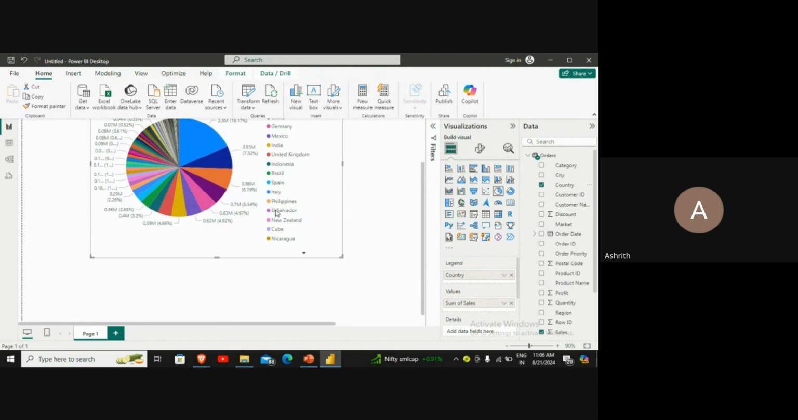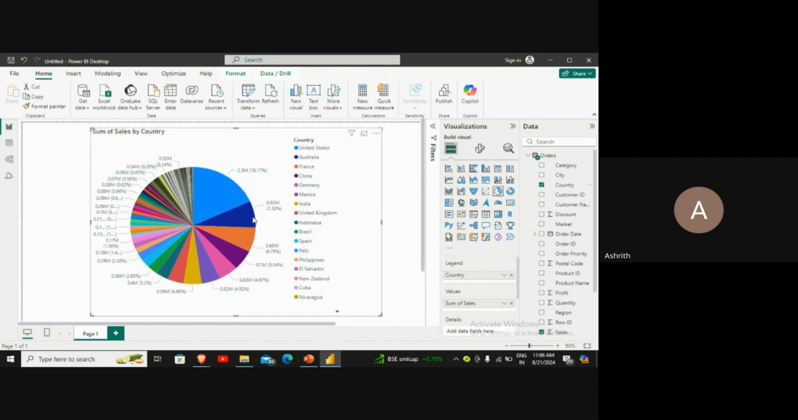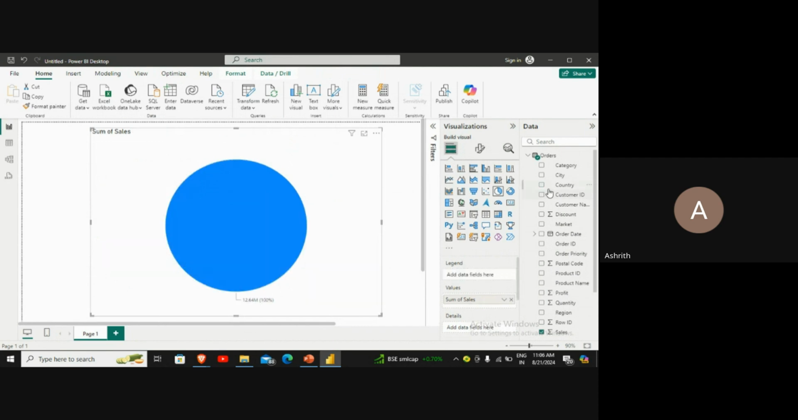Of course, the sales have been made to so many countries that this looks like a mess. You see, there are so many countries that we have made sales to: Angola, Zambia, Venezuela. So it is really difficult when it comes to country. Looking at the pie chart, maybe adding country was a wrong option. So I'm going to remove country and we'll add